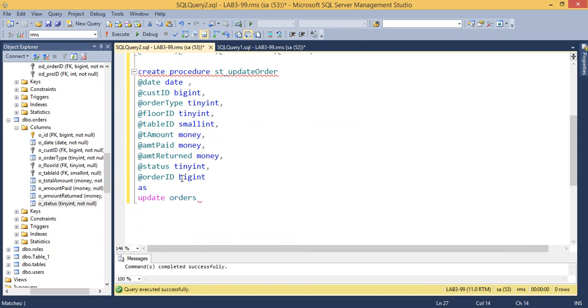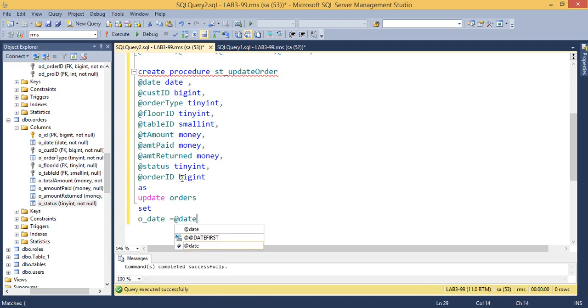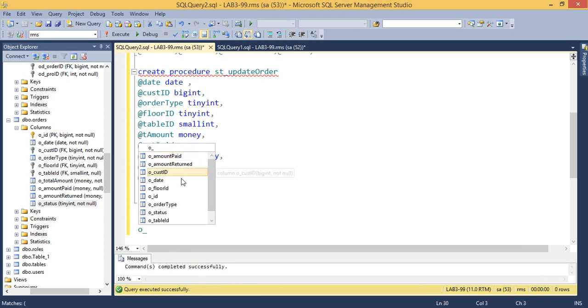Now what you wanted to update, let's say if mistakenly you have done something, you have to update your data here, that is order_date, set order_date equals to @date,